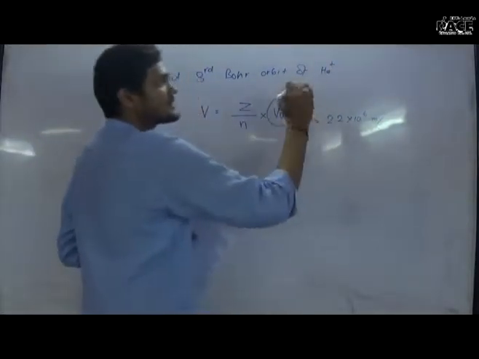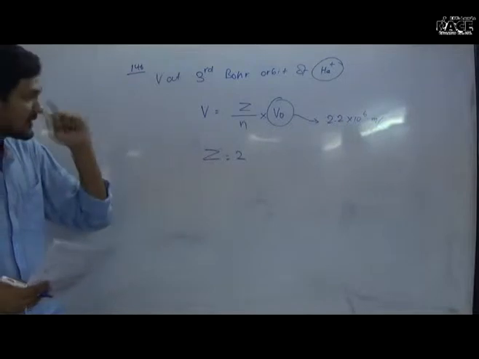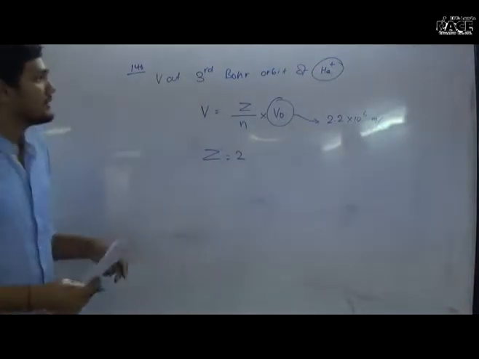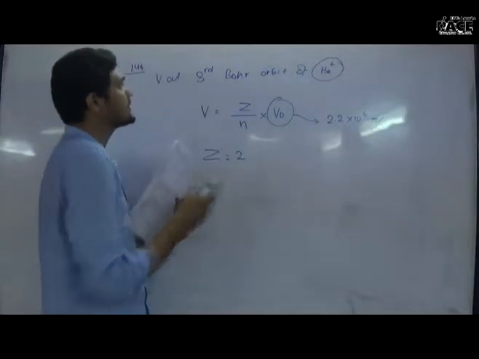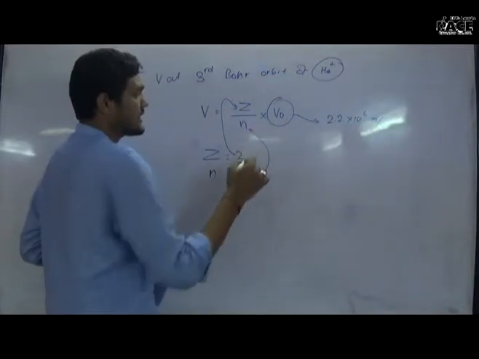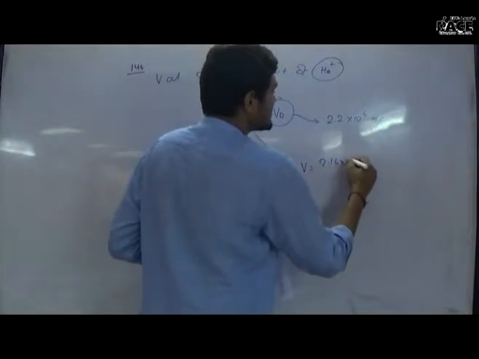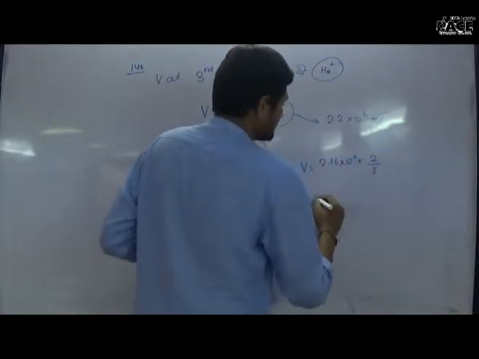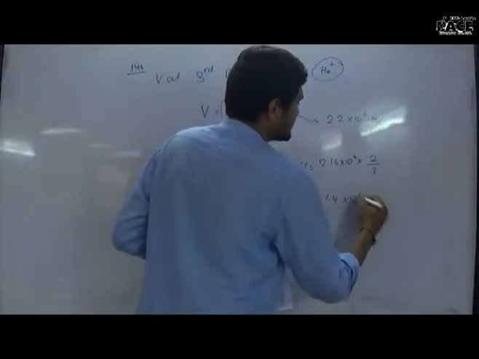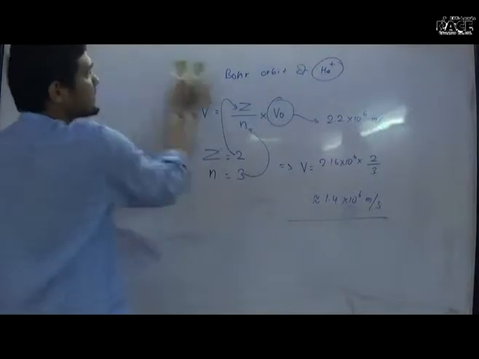As we are using helium plus, that means z should be equal to 2, because the atomic number of helium is 2, and n is the nth Bohr orbit. That means we are using the third Bohr orbit, so we can write n as 3. Just put these values, n as 3 and z as 2, in this equation. You get the velocity is 2.16 into 10 raised to 6 times 2 by 3. This value will nearly come out to be 1.4 into 10 raised to 6 meters per second. So option 1 is correct. This was question number 146. Now let's move on to question number 147.